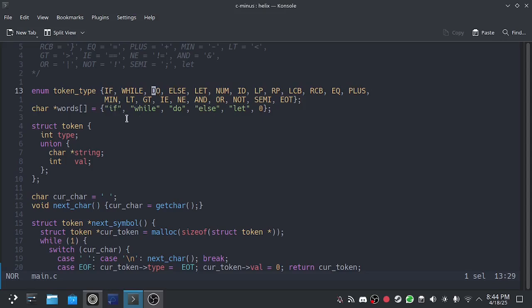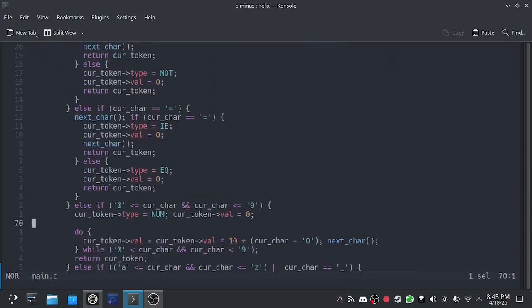At first it'll compare do with if, which is obviously not the same. Do with while, which is obviously not the same. At this point, I is equal to 1, which corresponds to that one, and then finally I equals 2, where it compares do to do, which is obviously the same. And since I is equal to 2, the token is set to the number 2, which is the value of the enum for do. So yeah, that's basically just the function for